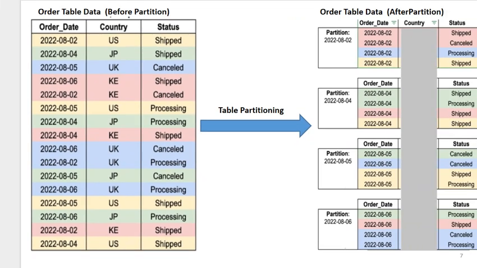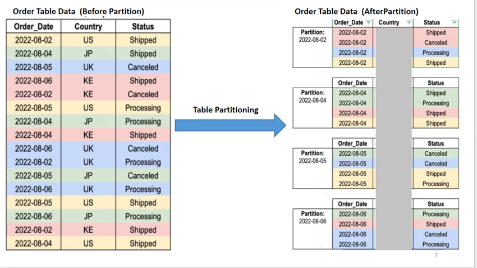If you look at this screen carefully, you can see that on the left side there is data which is stored haphazardly in the table. But when you do the